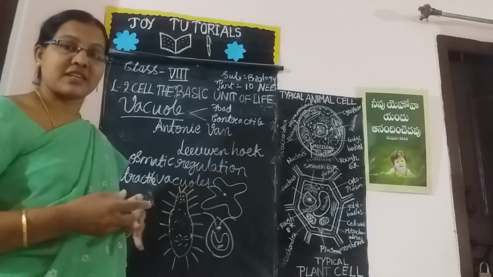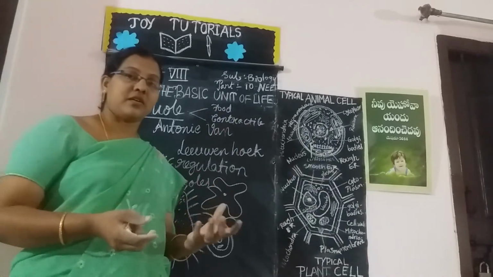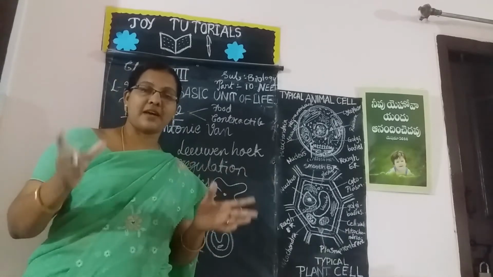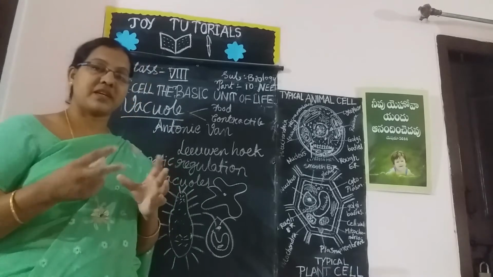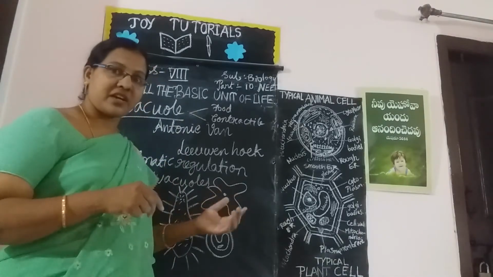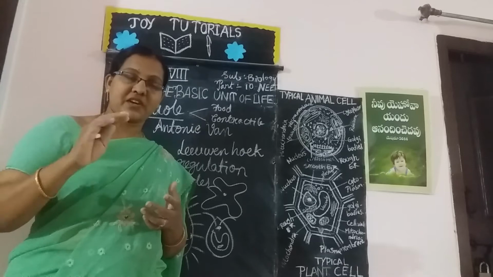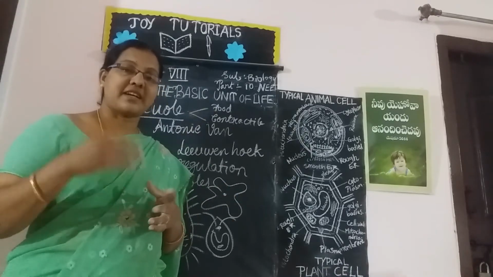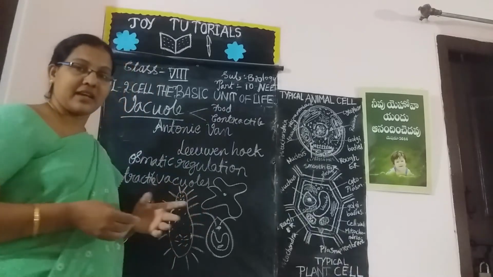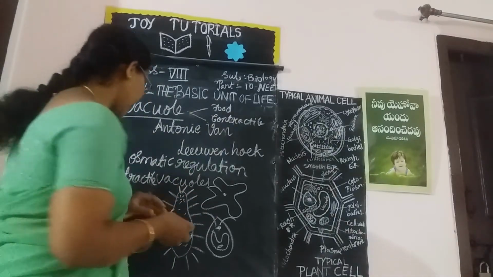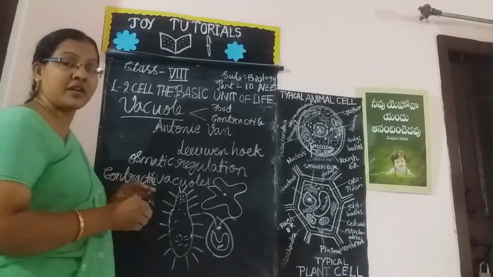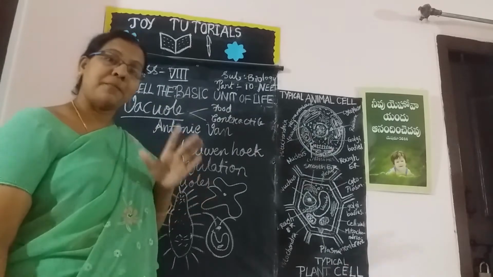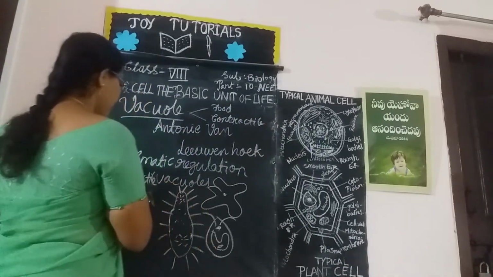These contractile vacuoles are specialized structures. They take in the cellular fluid and swell up, growing big in size. They rise up to the periphery region and burst outside. The cellular content inside is sent outside. It acts like an excretory organ. It performs osmoregulation and excretion. These are very important. These are the permanent vacuoles.